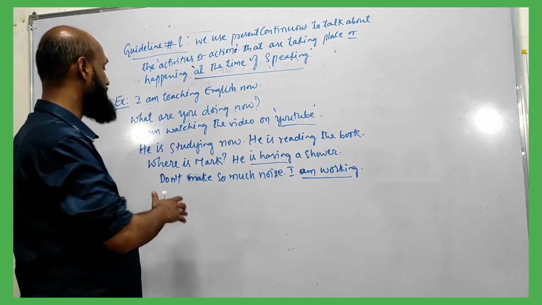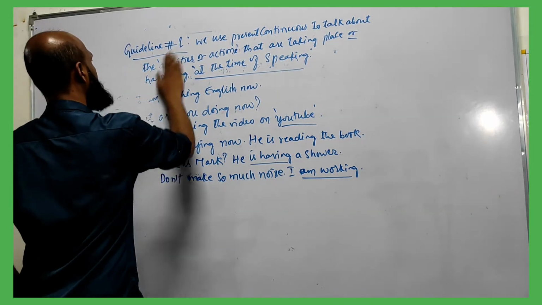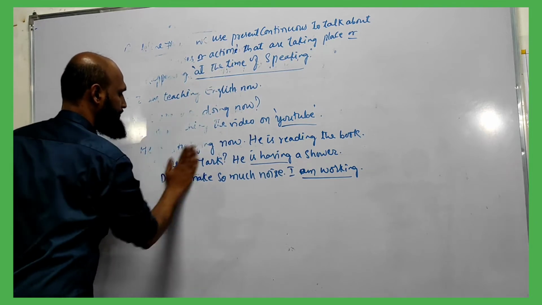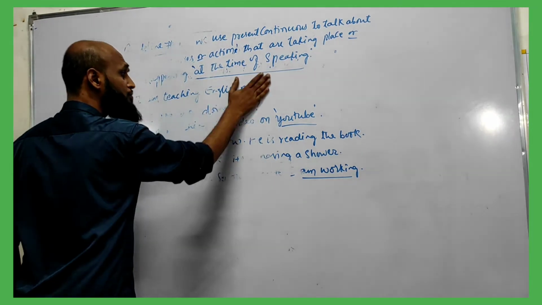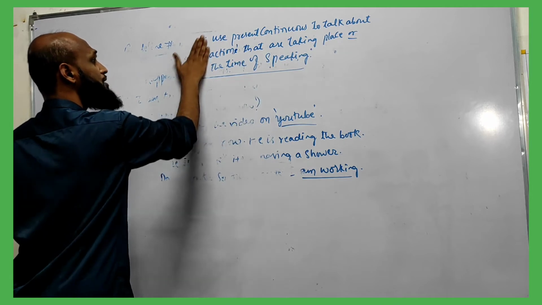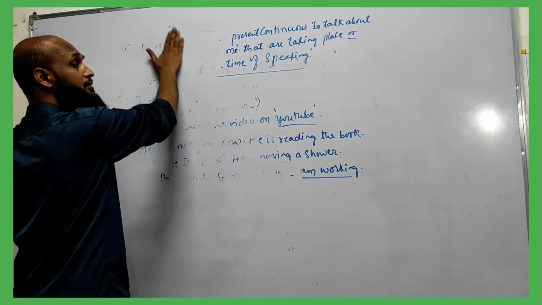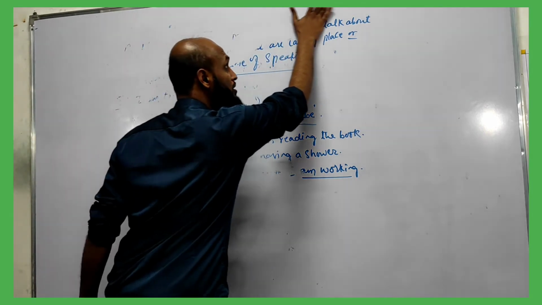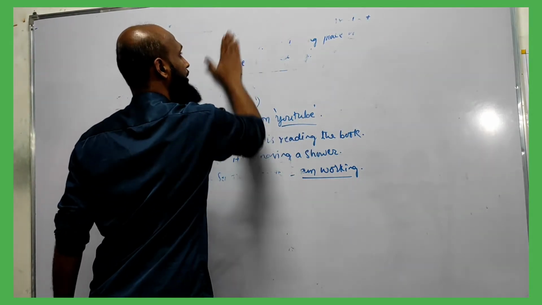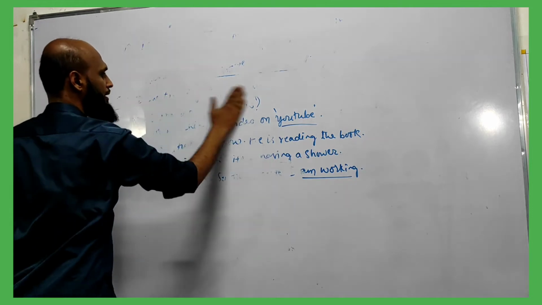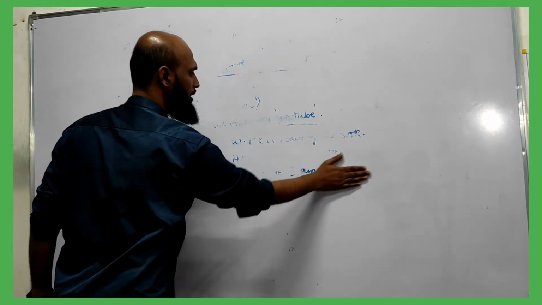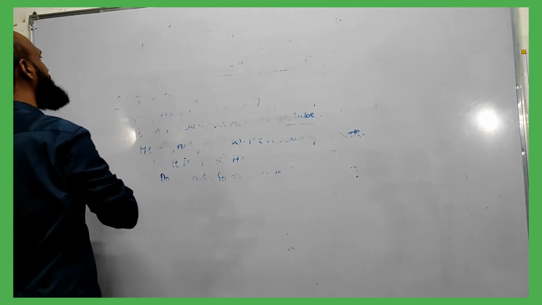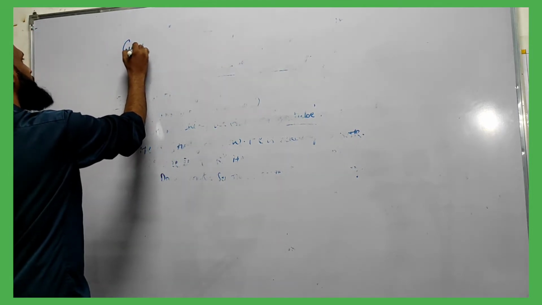There is one more usage of present continuous. The other guideline of present continuous is, we even use present continuous to talk about activities which are taking place and which are not happening at the time of speaking, but around the time of speaking. All right. Now I'll give you the guideline first, and then based on that we can talk about the examples. Now the second guideline is, guideline number 2,